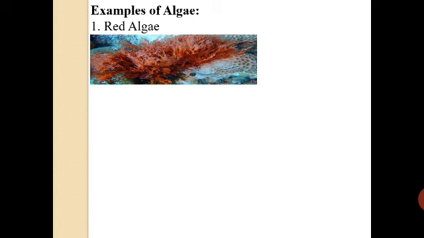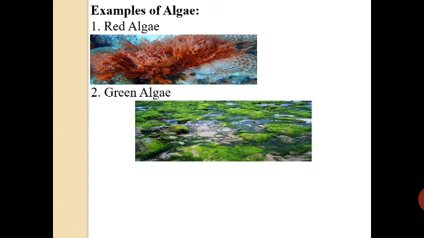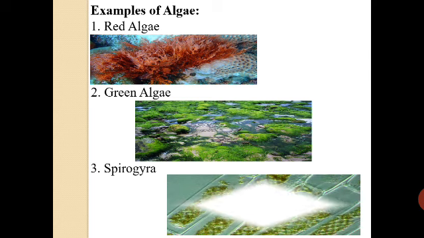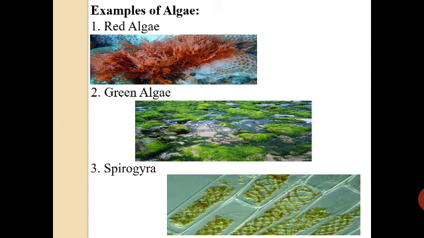Next, some examples of algae. Red algae, which lives within the water. Green algae, which you basically see on the surface of water. In standing water you can see a green layer formed over the water, and that green layer is nothing but green algae. The third one is Spirogyra, and this will be shown to you in class 8th under the microscope in the biolab. You did this topic in class 7th also, that is fragmentation in Spirogyra. So in class 8 you will be able to see how it looks in real.